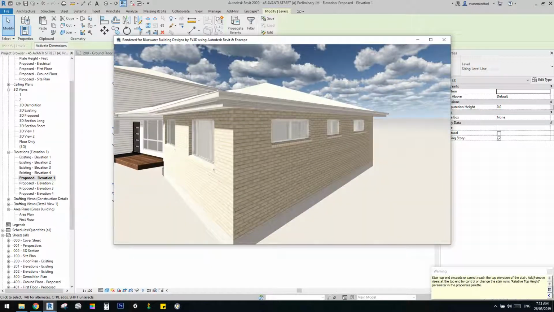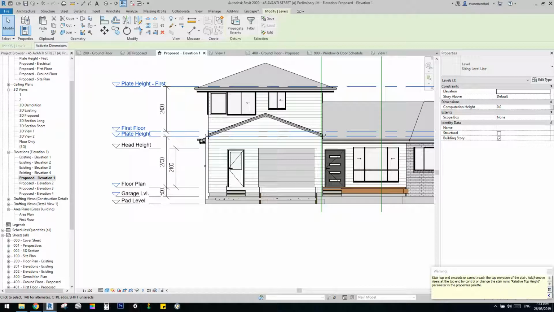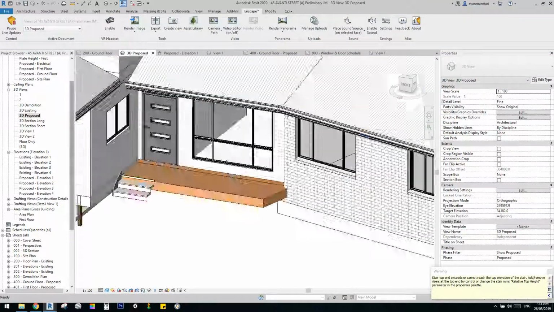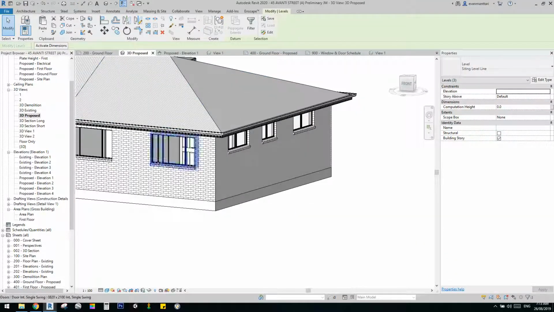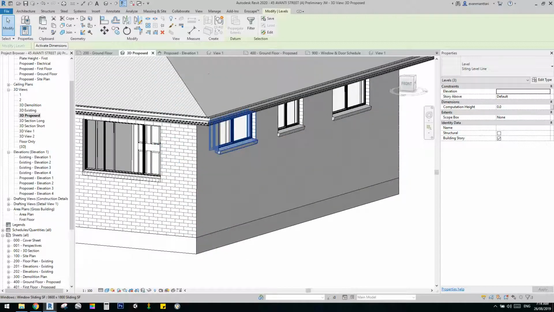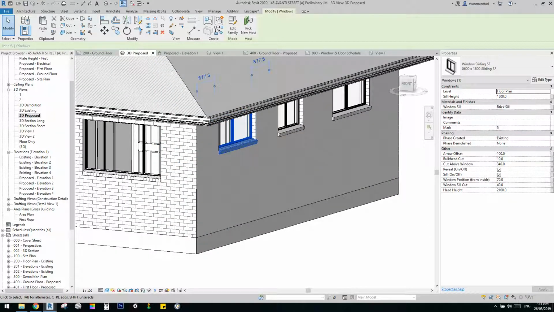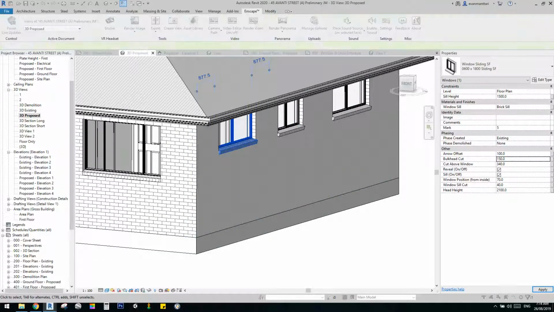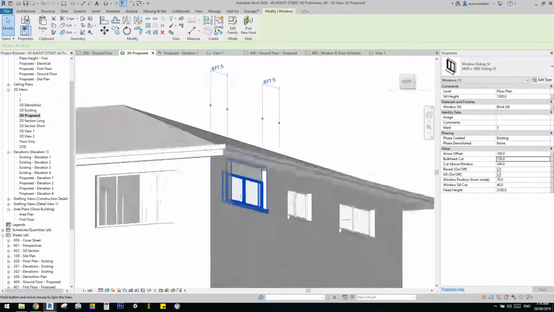So an easy way now to fix that is, there's a parameter. You can click on just say a random window, this one, and over here now there's a thing called bulkhead cut. At the moment it's just set to 10, that's just default, but all you have to do is change it to whatever you need. I'll just put in 150, which is the brickwork and the cavity basically. So I'll click on that, move my mouse, so now it's 150, and you'll see,